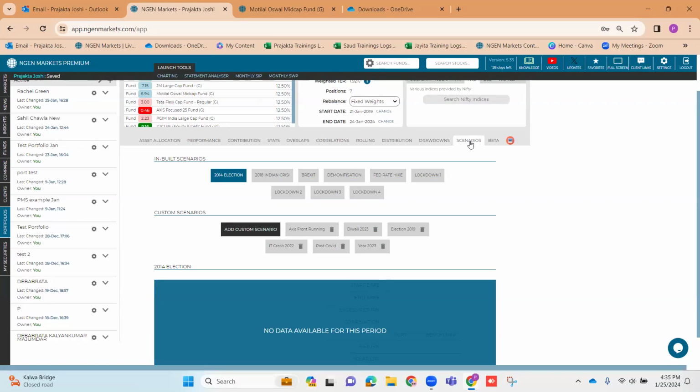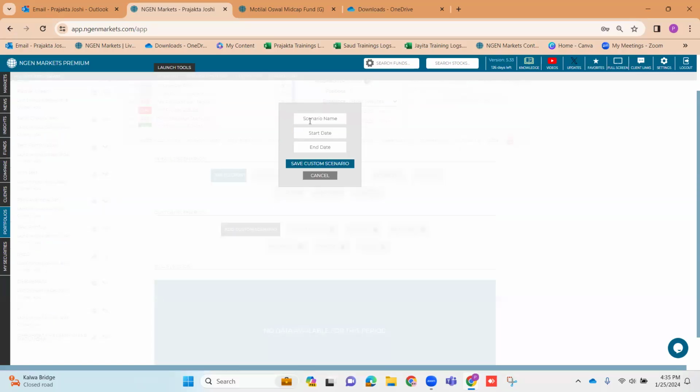So for an example, typically we have a budget session that is upcoming in the next week or so, right? So let's consider what impact last year's budget had on this particular portfolio. For that, you go to scenario analysis. You go here, add custom scenario. You put in the name of the scenario. Of course, this will be a historical analysis, so we will put budget